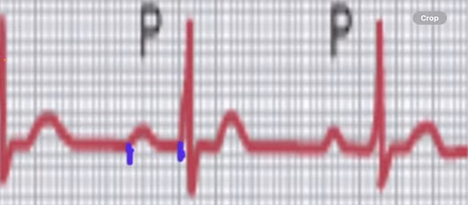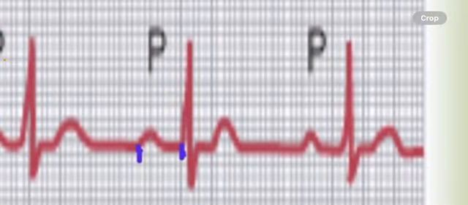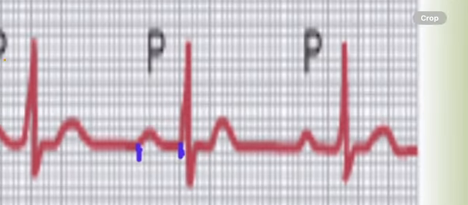So what you will see here, the PR interval is prolonged. Although here the small squares are not so obvious, as you can see in the large square, the PR interval is more than 1 large square. What does more than 1 large square mean? It means more than